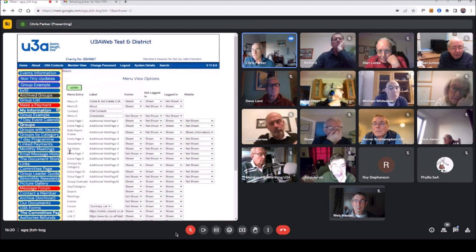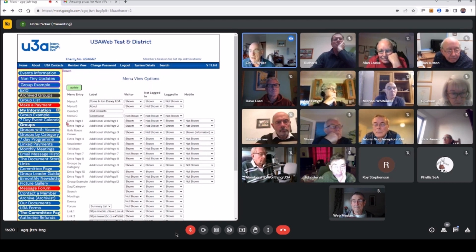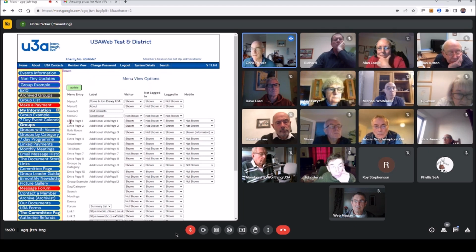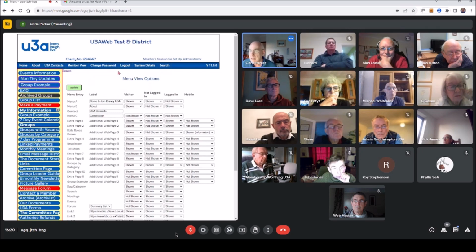So now we're moving to the next thing, the side menu items, if you like, and that is these 12 extra pages. The name here is either the default name if there is nothing there, but if you change the name of it in your menu, then that will not show here. So I've got Rolls-Royce Crew for some reason here. That has been set up in the menu setup for that particular menu entry.